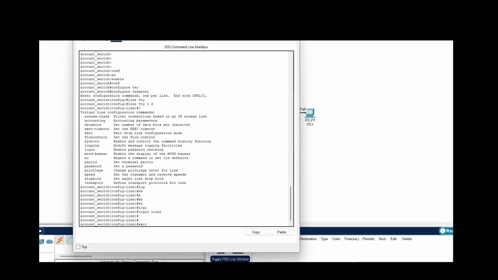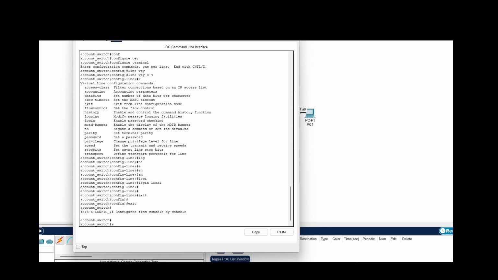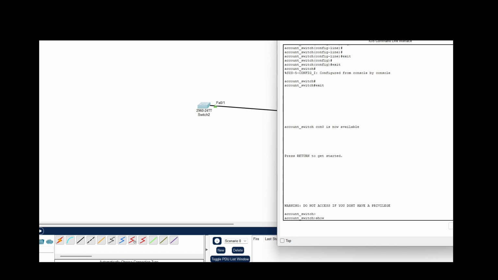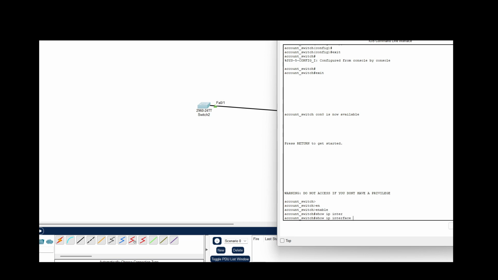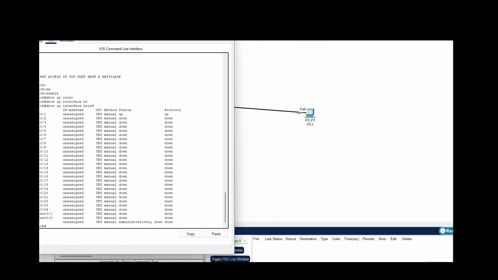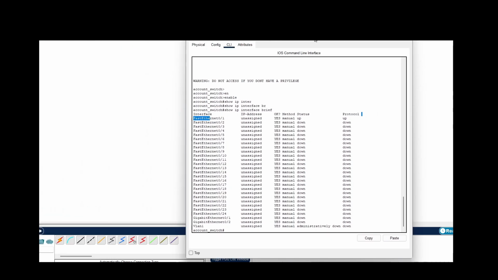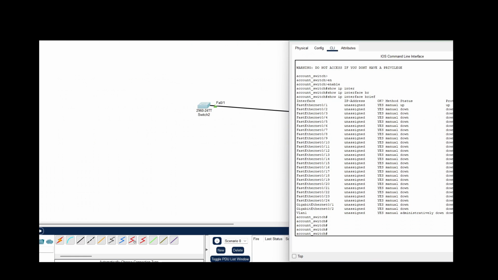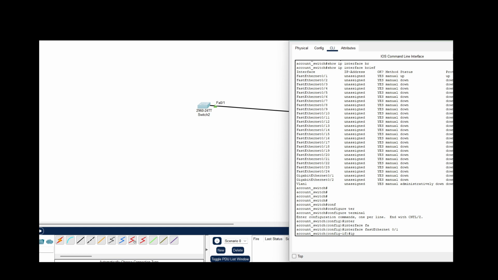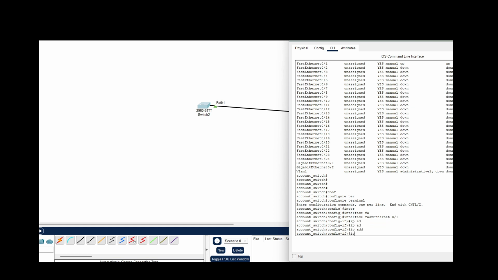Now, there's one more thing here. Since we're connecting using a computer, we need to access it using an IP address. So enable, show IP interface brief. This will show all the configuration for the IP addresses. Right now we don't have any IP address set up, so I'm going to configure an IP here on FA0/1. That's where the PC is connected. So configure terminal, interface FA0/1, then let's add an IP address. So IP address